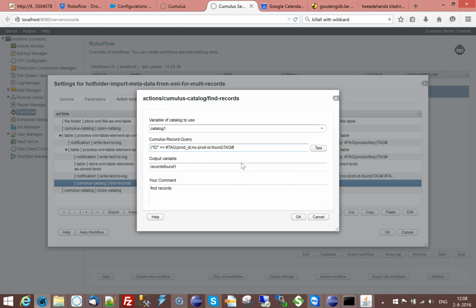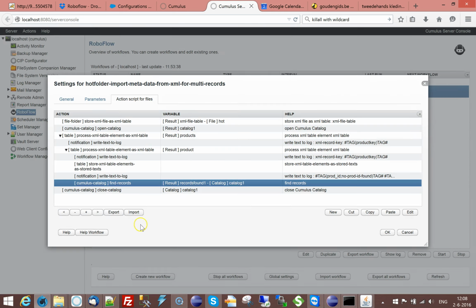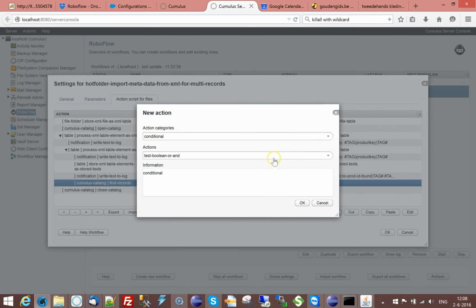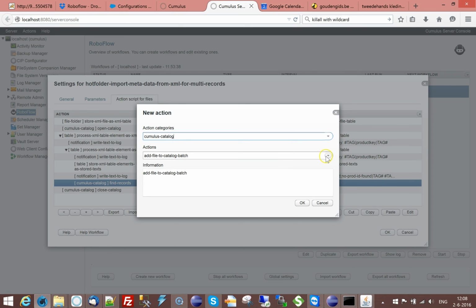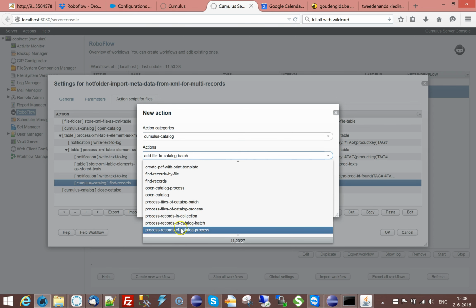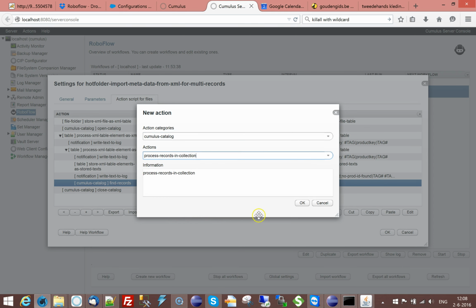So the query will fail if there's no product ID found, but in this case it should find it, and then we can say new. Now we searched for the record with a certain ID, so we are going to process the records found, which should only be one,